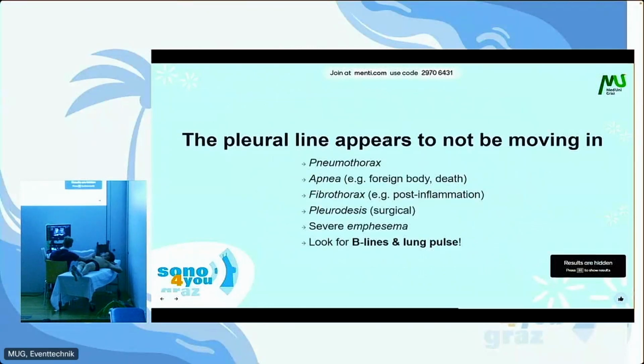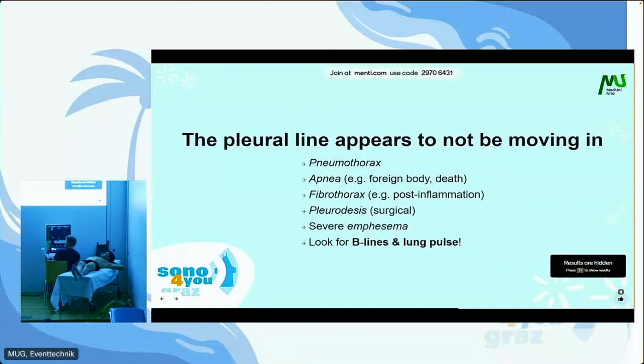And in severe emphysema, if the patient just breathes very shallowly, then it can appear as not moving, but then the M mode normally helps. And there are two things that can distinguish the real pneumothorax from these other causes where the pleural line does not move. Because if we've got B lines,